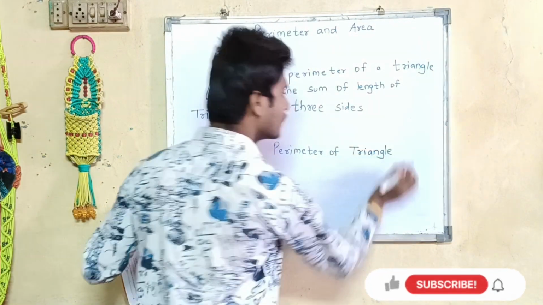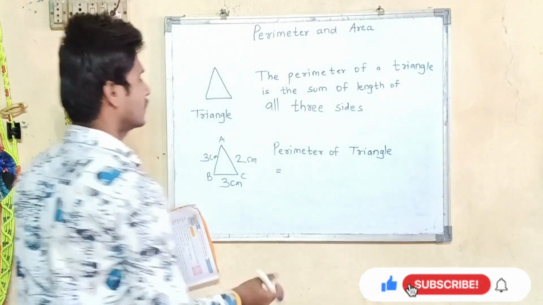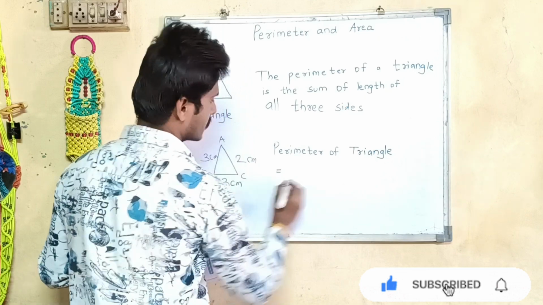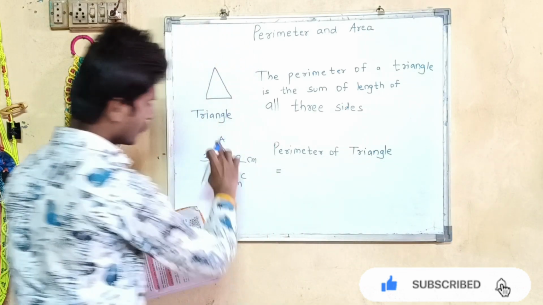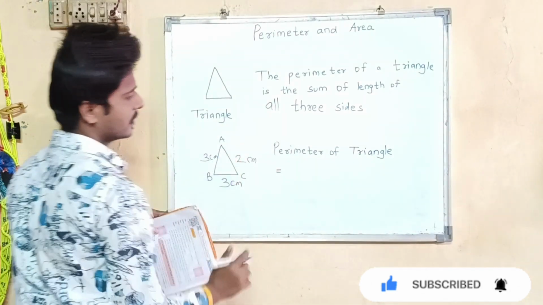You can simply add the given sides, or there is a trick. It is not a trick but it is lengthy. You can solve it that way also. So perimeter of triangle, what do you have to do? All the given sides you are supposed to write. So with the naming I will explain now.